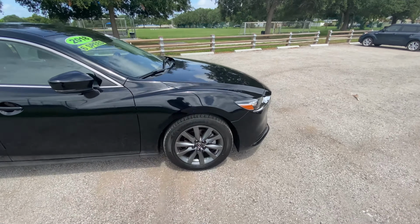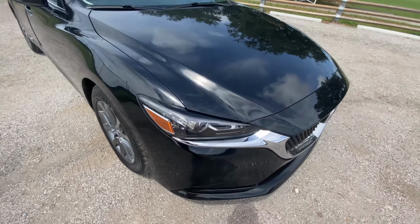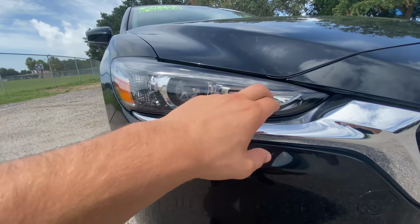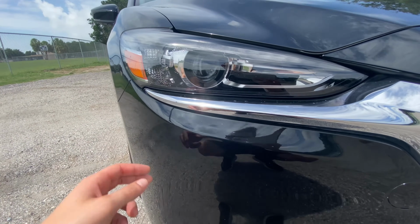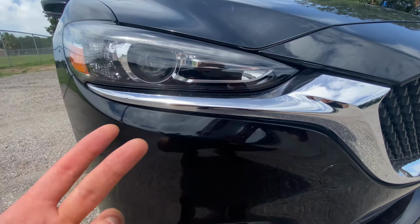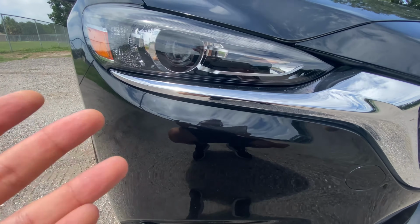But let's start out right in front. So immediately you see these projector beam HID headlights. So they work very well. And you got a nice daytime running strip right above, so your turn signal is right here next to it. I'm not a huge fan of this chrome trim. I wish they would have smoked it out a little bit, make it look a little bit more aggressive, but